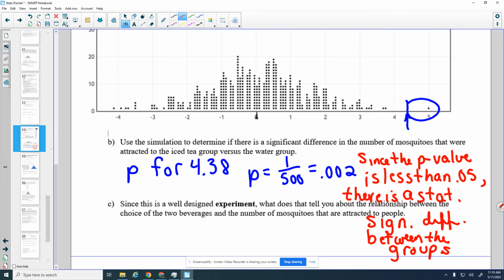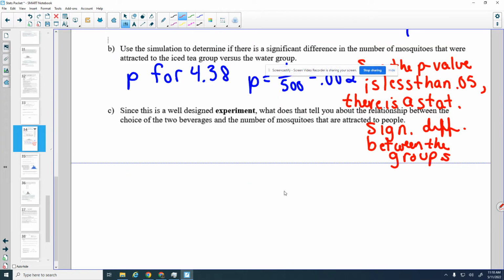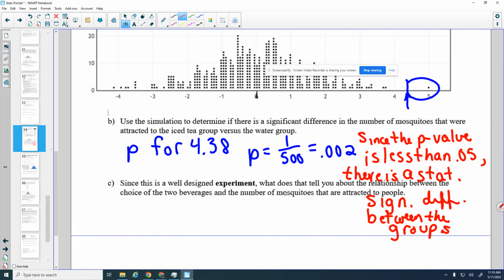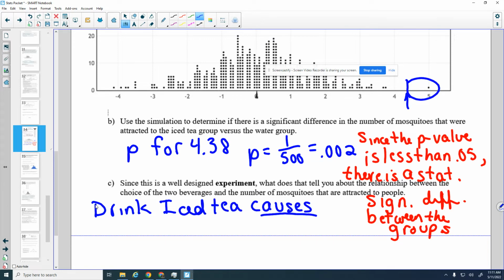Now, just to follow up with something we did earlier in the unit, the next question says, since this is a well-designed experiment, what does that tell you about the relationship between the choice of the two beverages and the number of mosquitoes that are attracted to people? So since we did a well-designed experiment, we can say causation. So we can say drinking iced tea causes more mosquitoes to be attracted to people